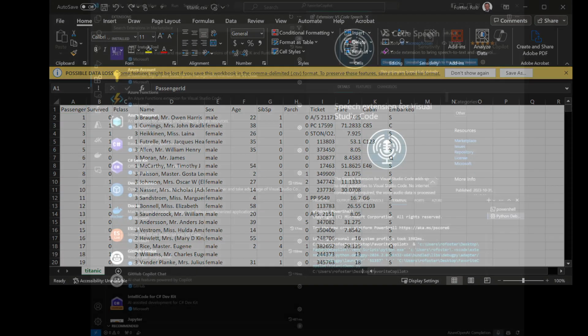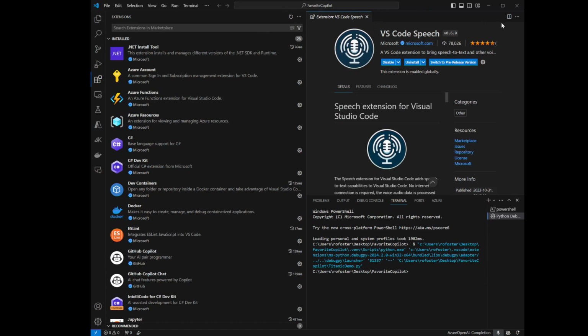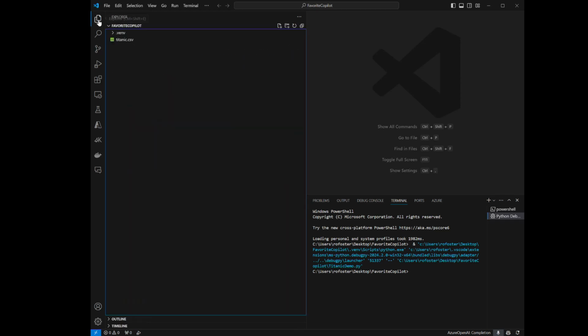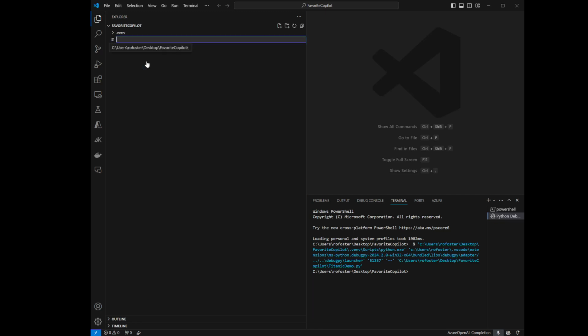The idea is that we want to get Copilot to write us code to actually process that file. So I want to maybe calculate the average age or something like that in the Excel. So let's just add a new file. I'm just going to call it demo, if I get my fingers on the right keys,